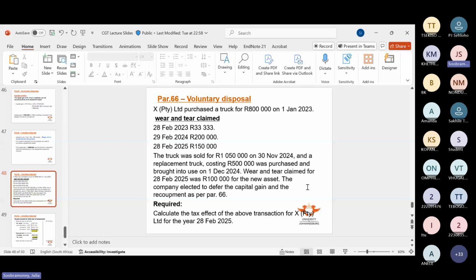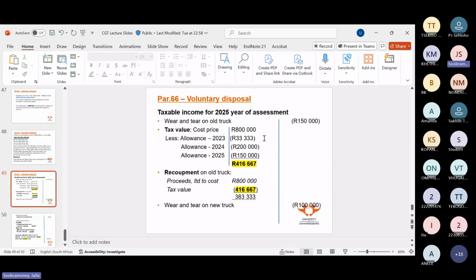Okay, so what is step number 1? Like I said, the first thing you need to do is determine the allowance. Yes, I used it. I get the full allowance for this year of assessment. So let's look at our solution. Wear and tear on the old truck, 150. Step number 2, work out your tax value. My cost price, less all my allowances for all the years of assessments, 2023, 2024, 2025, to give me a tax value of